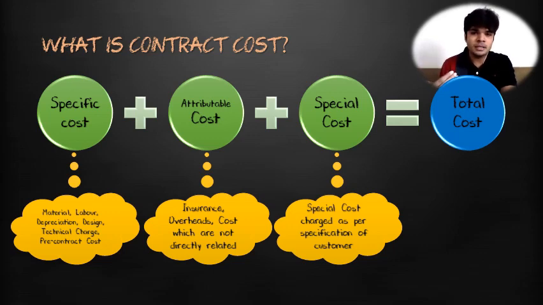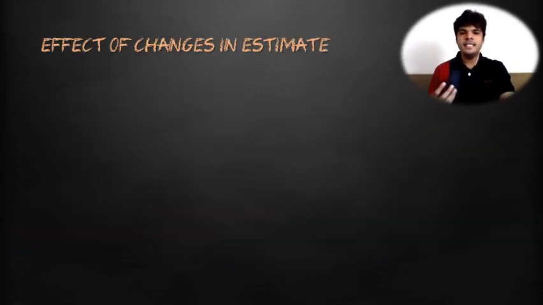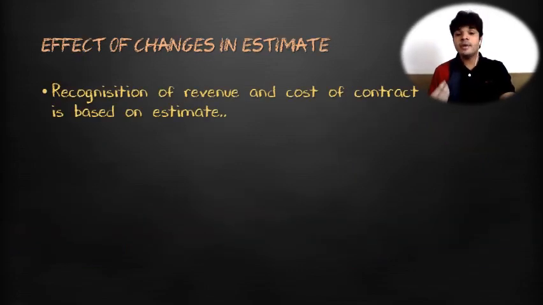तो इसको भी मैं कॉन्ट्रैक्ट की कॉस्ट में गिन सकता हूँ। टोटल कॉस्ट में से आपको एक्सक्लूड क्या करना है वो जरा जान ले। जनरल ओवरहेड्स जो कि कॉन्ट्रैक्ट के साथ रिलेटेड नहीं है या किसी तरह उसको एलोकेट भी नहीं किया जा सकता, या अगर कोई मार्केटिंग एक्सपेंडिचर आपने किए कॉन्ट्रैक्ट के लिए तो वो मार्केटिंग एक्सपेंडिचर भी डायरेक्ट आपके बिजनेस के मेन प्रॉफिट एंड लॉस अकाउंट में जाएंगे, वो कॉन्ट्रैक्ट के अकाउंट में डेबिट होंगे नहीं। तो इस बात का बराबर ध्यान रखना है। इफेक्ट ऑफ चेंज इन एस्टीमेट।